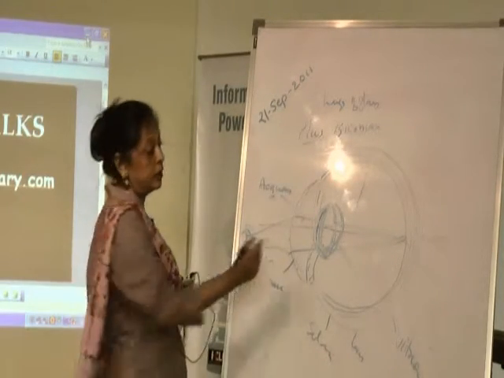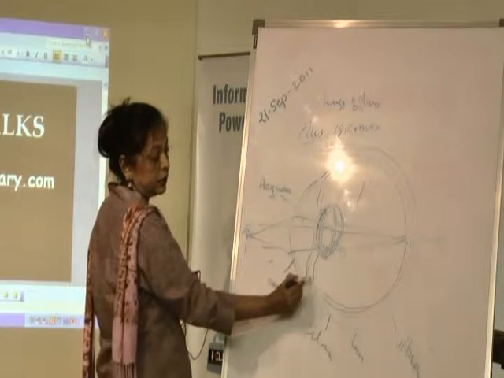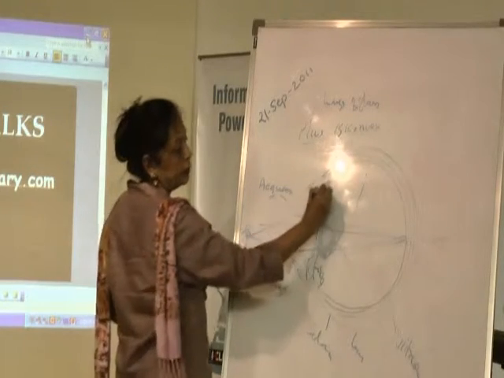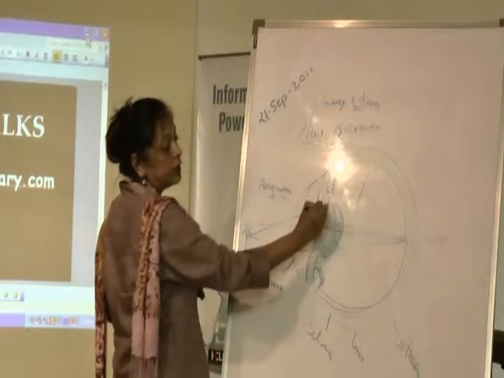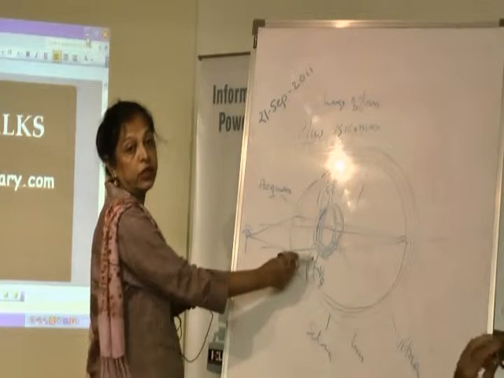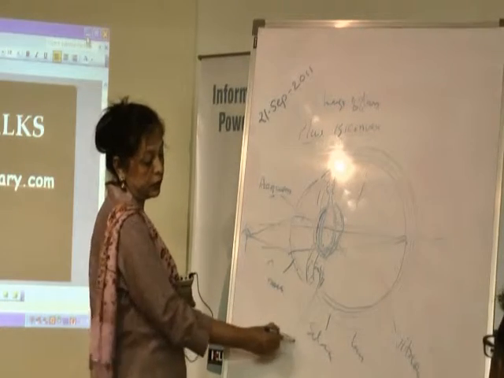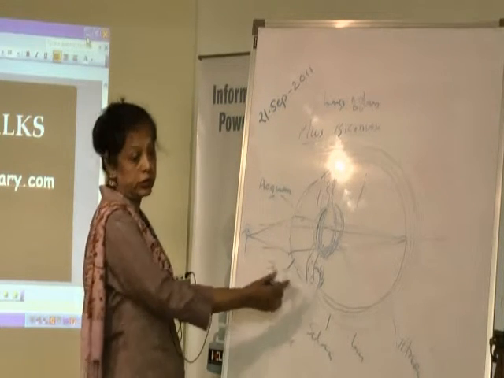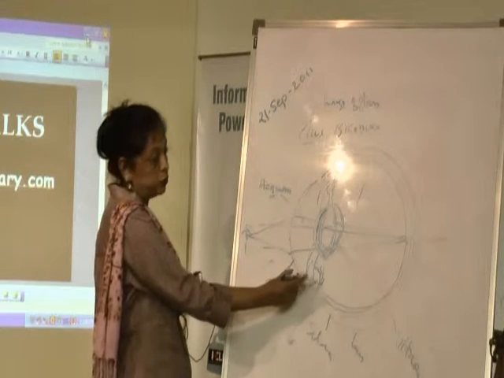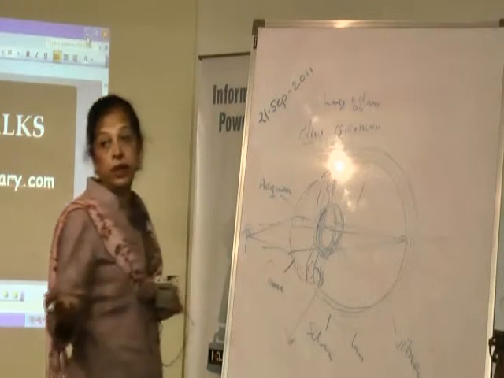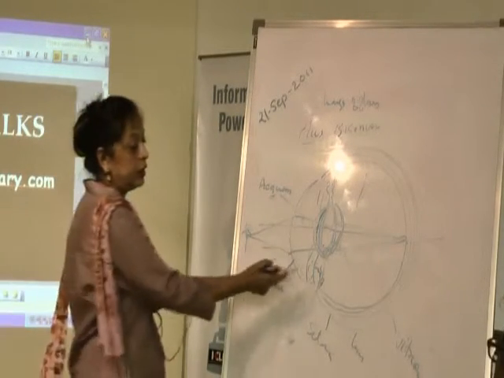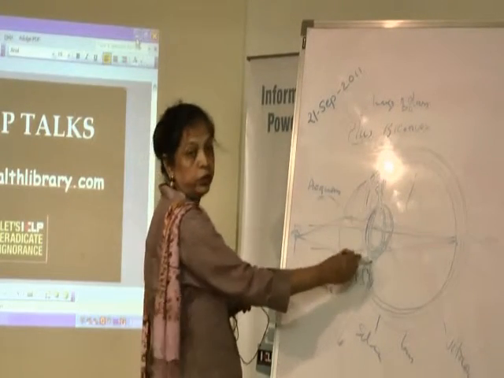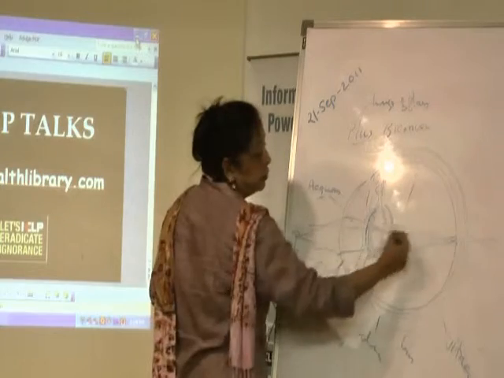And one more reason is, here there are muscles. Here are the ciliary muscles, that help in changing the curvature of the lens. That also becomes less. The strength of the ciliary muscle is reduced. All the muscle strength is reduced after 40 years. Similarly here also the strength of the muscle is reduced, and because of that the convexity is also reduced, and because of that the near vision is reduced.